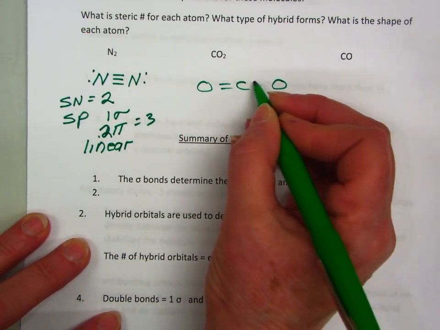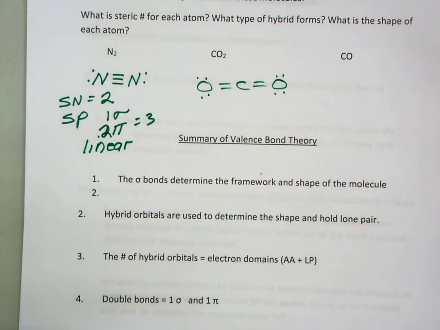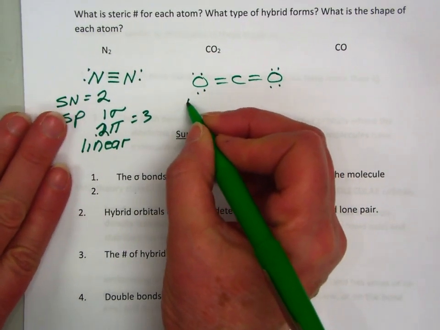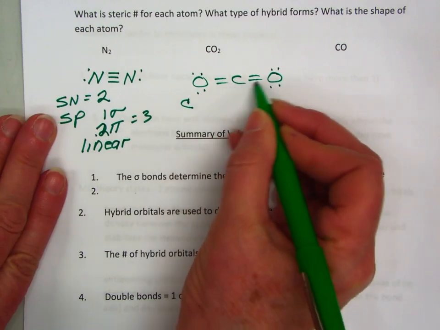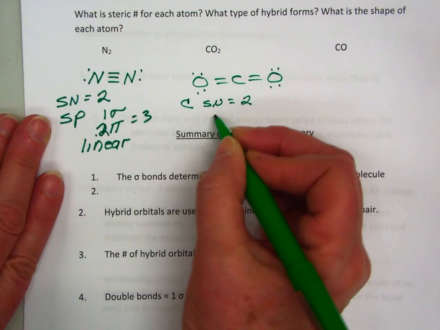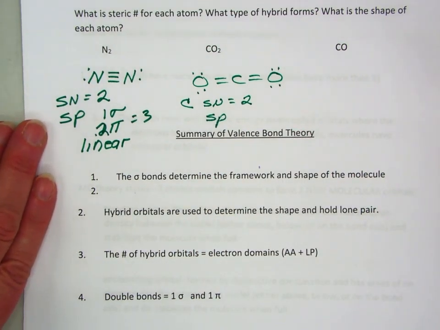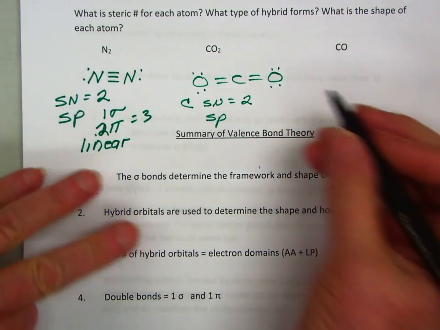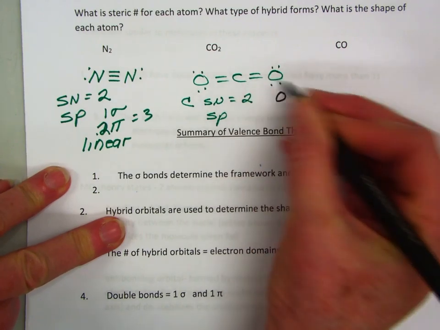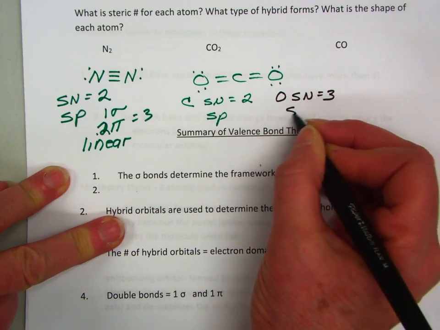Here we have 3 nuclei, and when we look at our Lewis dot structure, the carbon in the middle has 2 attached atoms and no lone pairs, so carbon has a steric number equal to 2. So carbon makes an sp hybrid. It means that it has 2 unhybridized p orbitals. Now the oxygens are different. They have 1 attached atom and 2 lone pairs, so their steric number is 3, so they make an sp2